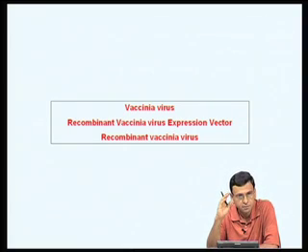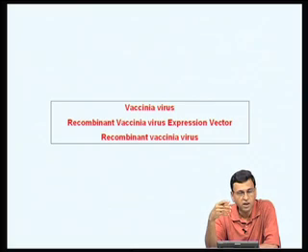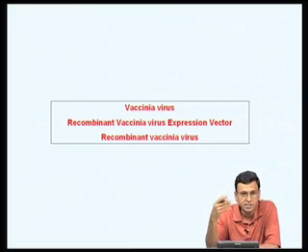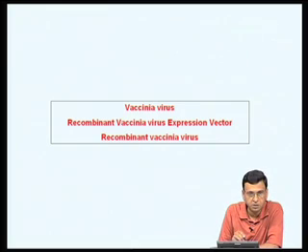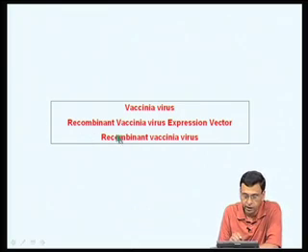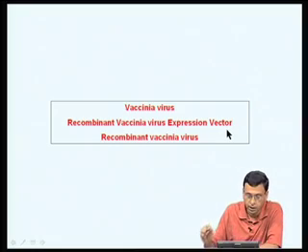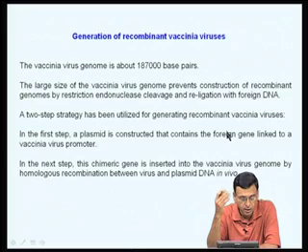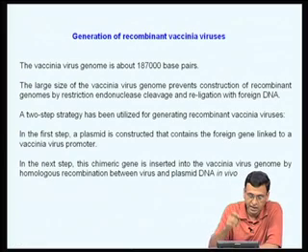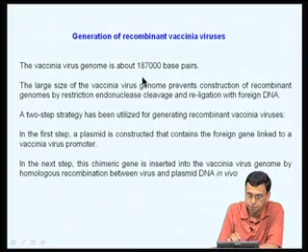So, having discussed the adenovirus and adeno-associated virus, let us spend some time to see another very important DNA virus, Vaccinia virus, and how Vaccinia virus has been used for expressing genes in mammalian cells. How do you generate a recombinant Vaccinia virus expression vector and recombinant Vaccinia virus as well. Now, what is a Vaccinia virus? Vaccinia virus is a huge virus. It has a genome of almost